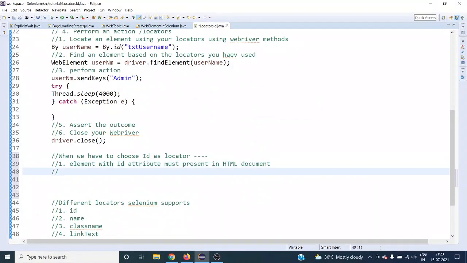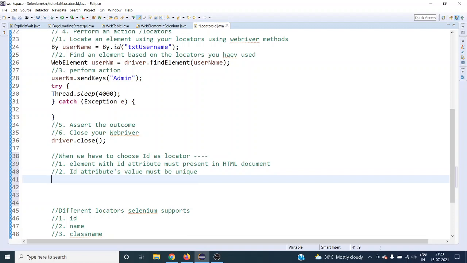The second thing that you have to consider is that the web element with the ID attribute should be unique. The value of that ID attribute must be unique. In that case you can go for your ID attributes.